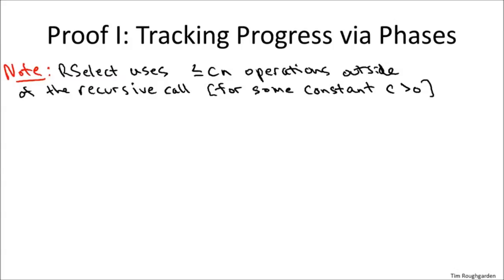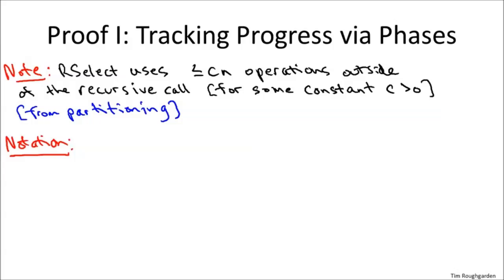Now what I want to do on this slide is introduce some vocabulary, some notation, which will allow us to cleanly track the progress of this recursive selection algorithm. And by progress, I mean the length of the array on which it's currently operating. Remember, we're hoping for a big win over quicksort, because here we do only one recursive call, not two. We don't have to recurse on both sides of the pivot, just on one of them. So it stands to reason that we can think about the algorithm as making more and more progress as its single recursive call is operating on arrays of